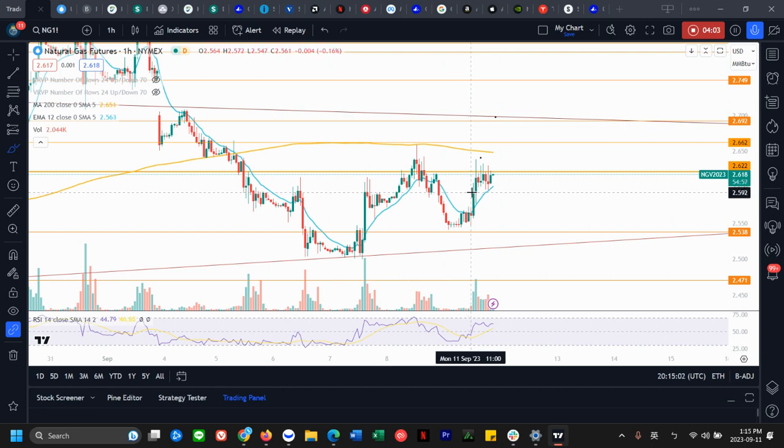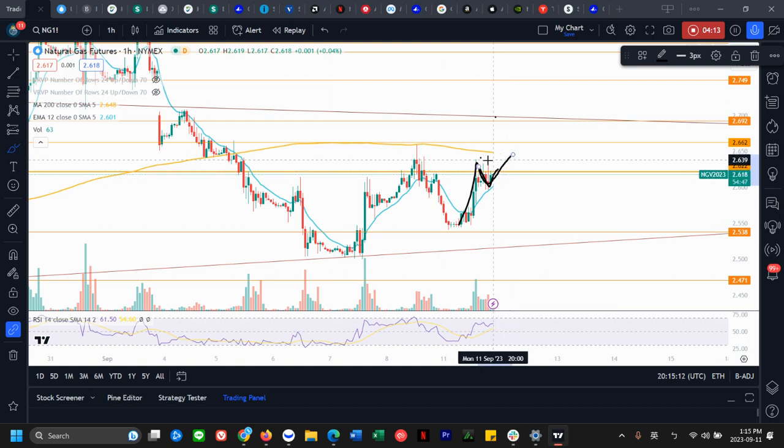Yep. So if we break that, we'll also confirm an hourly uptrend. This is one initial move. Pivot is being set, and hourly consolidation happened today, and now we're looking to see if we can break this top. If we can break today's top, hourly uptrend would be confirmed. That would give more fuel for the bull volume to come in, and then we could potentially move up to Friday's high at the same time to break this 2.659 high.